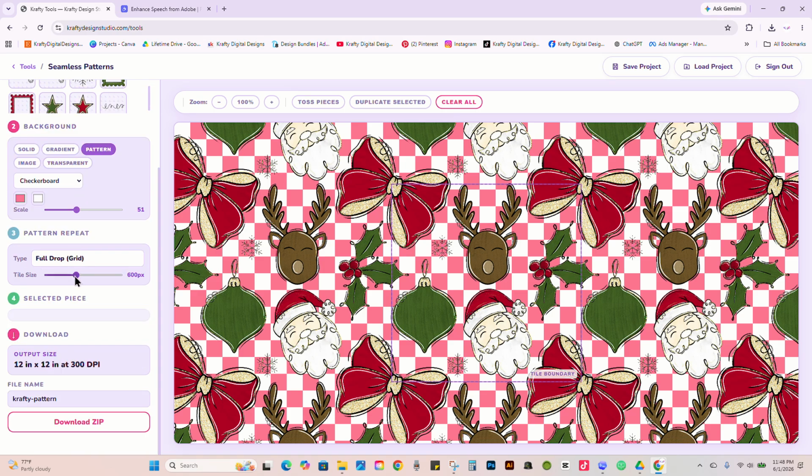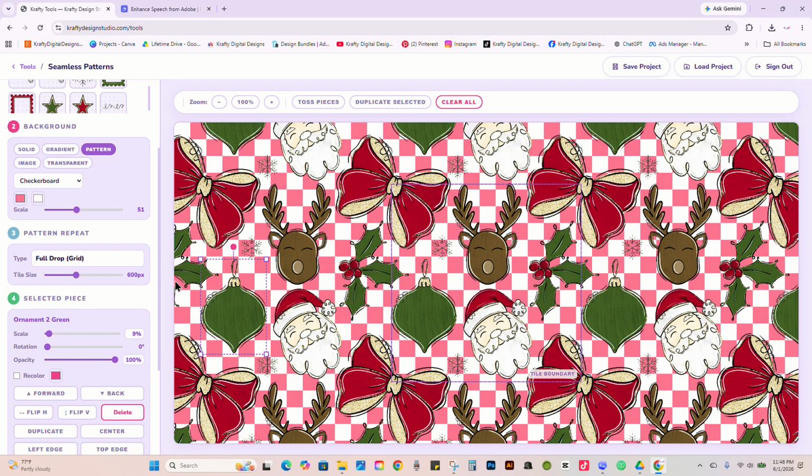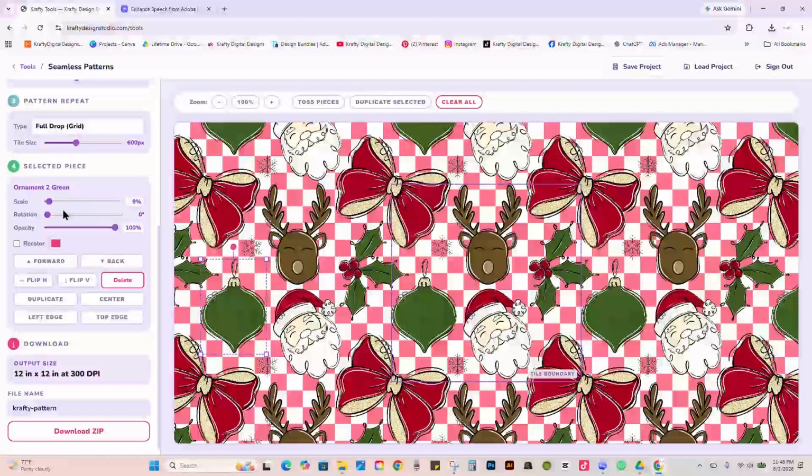I just have it at full drop because that's the one that I use the most, and that is what most of the people using the seamless patterns are using the most. I know if you're more intricate, you probably don't, and I completely understand that, but I was trying to keep it simple. Now, when you select a piece, you're gonna have your drop down here to where you